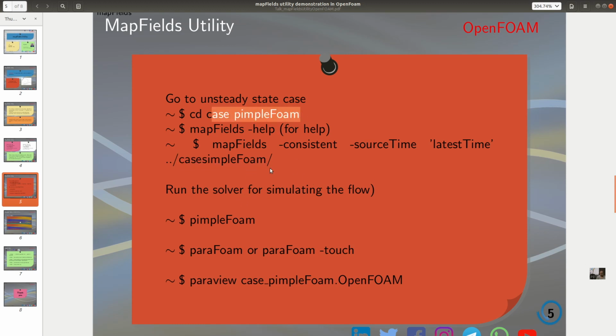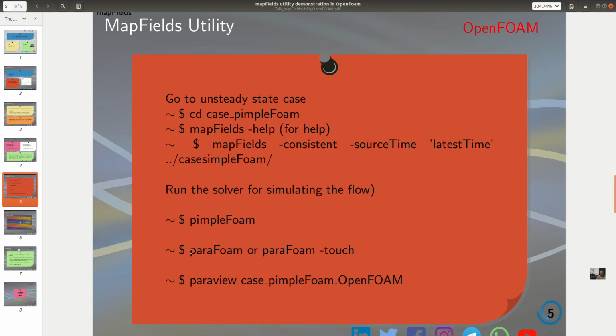If you execute this, you can visualize and see the results. Later on I will explain. Then we can run the simulation. After that you can change some settings, depending on you, and execute simpleFoam, the solver used for flow analysis of a steady state.